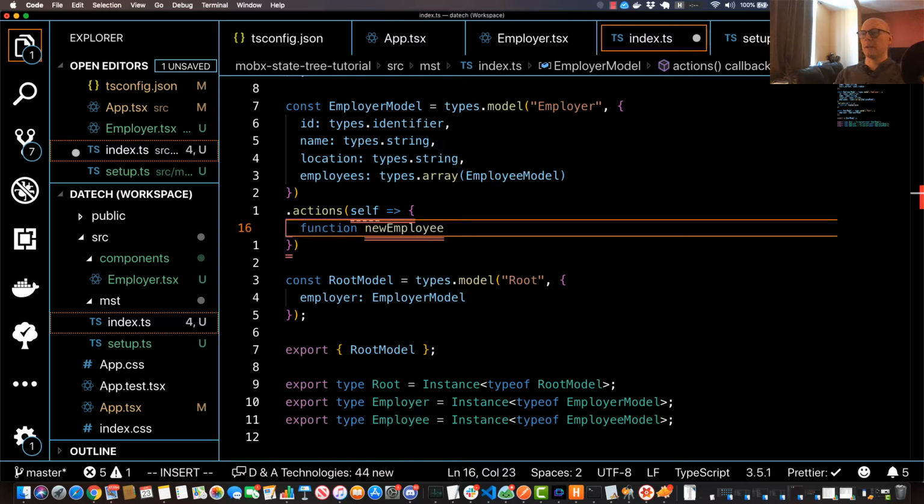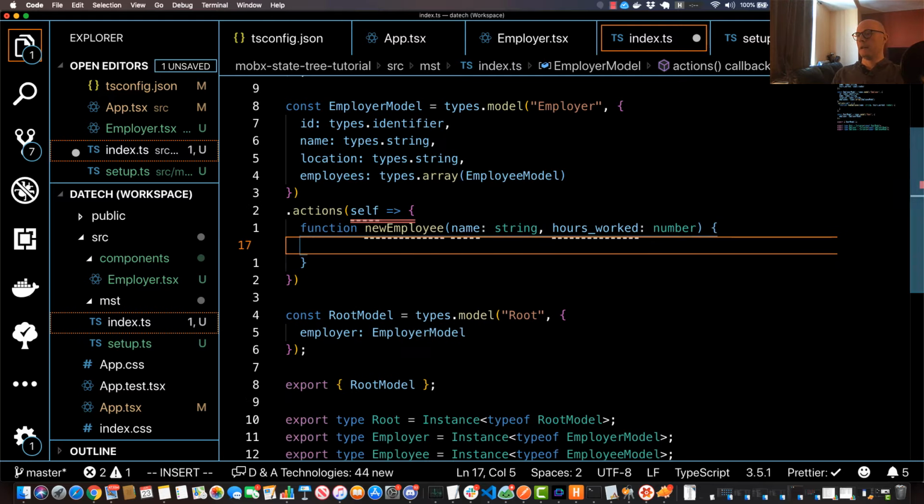For this function, I'm actually going to use two parameters. The first one's going to be name, and if you're using TypeScript, specify the type, and I'll do string. And then I'll do hours worked, and I'm going to make that of type number. Now this function,